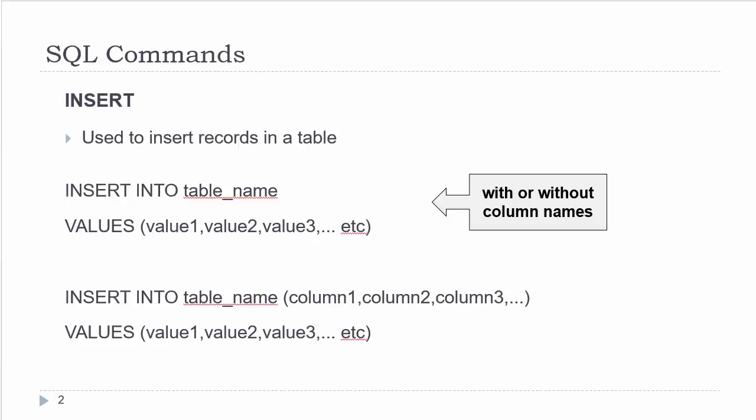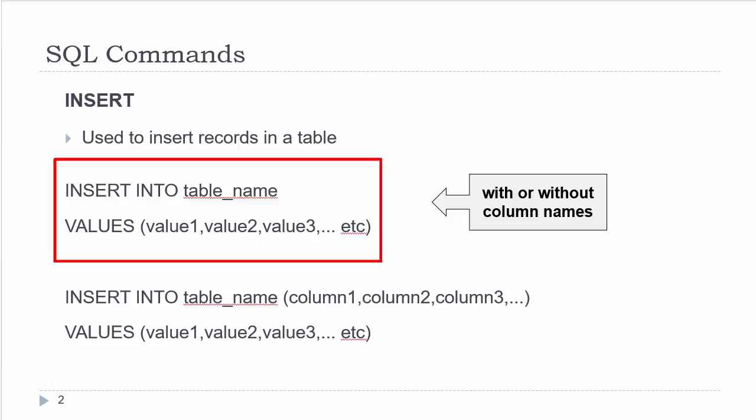First, using the insert command and the into clause, you must indicate the name of the table. Then, using the values function, you need to specify the values. Those values need to go in the order in which the field names or the columns of that table go. Those values also have to be of the same data type as specified when we created the structure of our